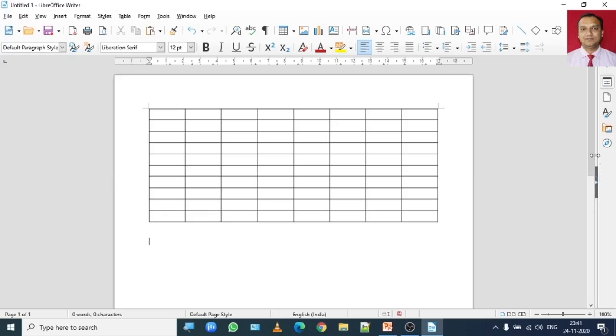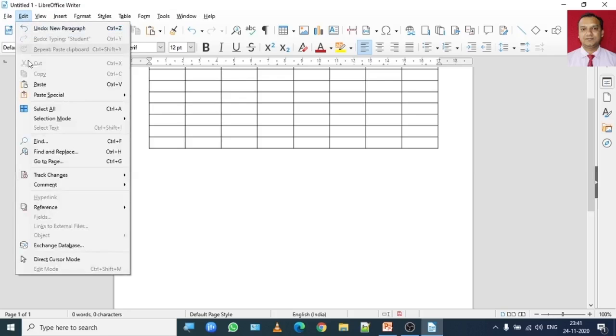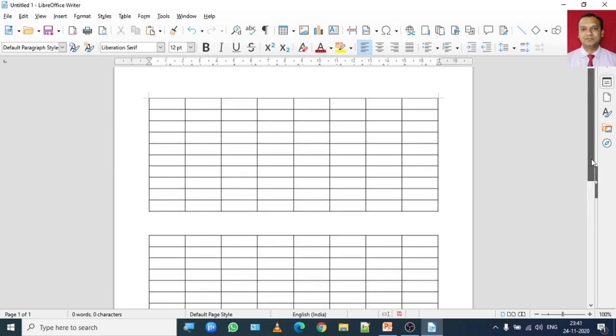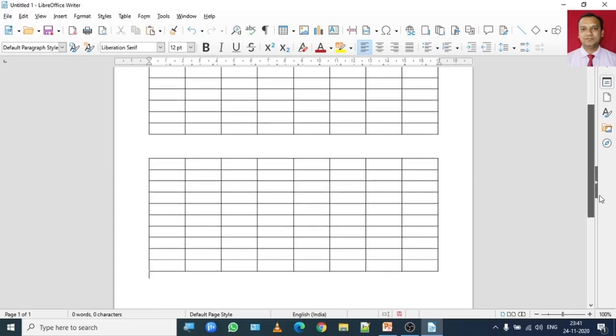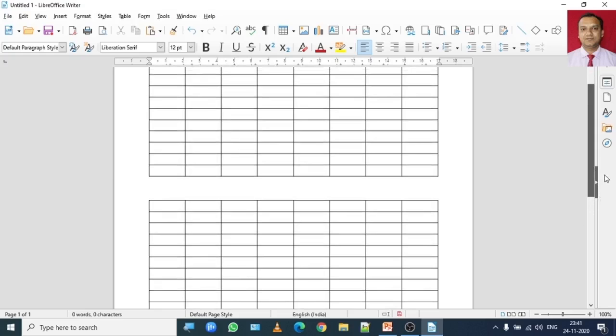Now let's say if you want to paste that table over here, you right click, you go to edit and click on paste. So you will notice the entire table, or the copy of the table, is pasted in